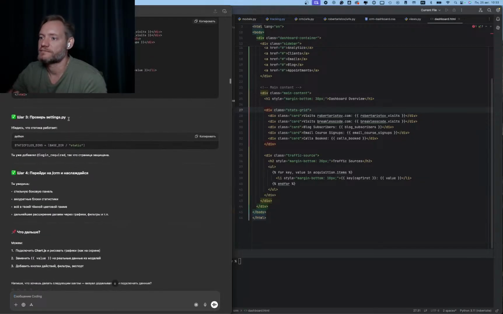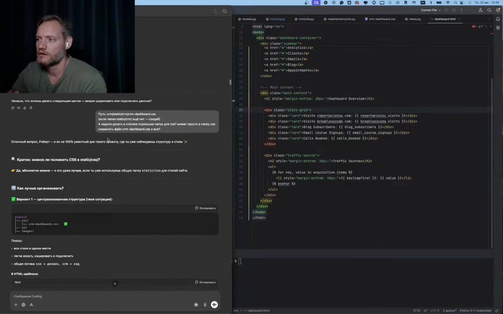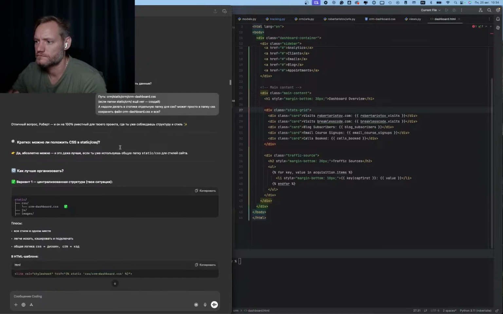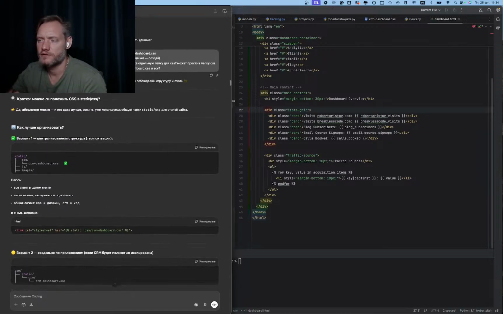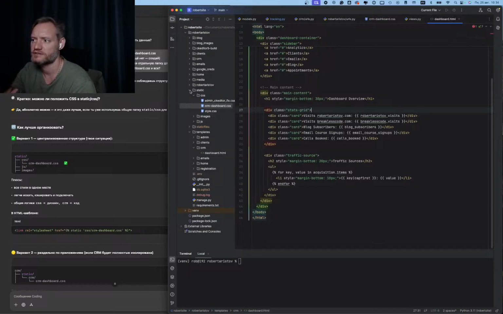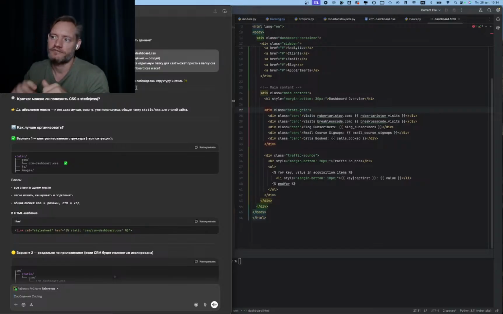Okay, next step. He's asking to add some settings. I've done it. Boom, it works. I'm just basically giving him some instructions here, because I have my personal logic inside these folders, how I manage the files inside that project. So I just tell him, hey man, you give me the path where I need to put this file, but I don't really like it. I prefer to use this one. Please note it because